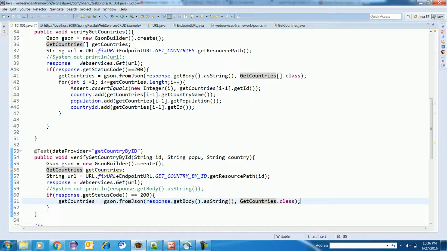Now this is done. Now I can put assertions here.